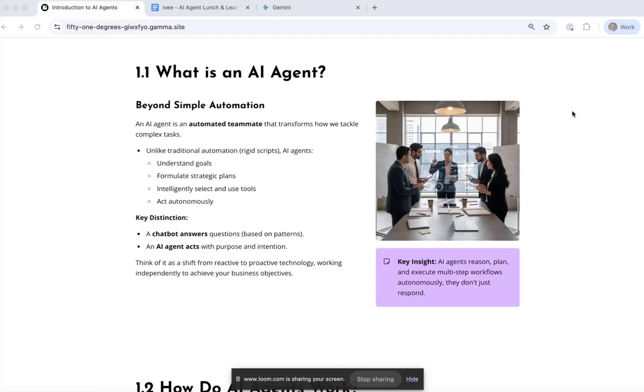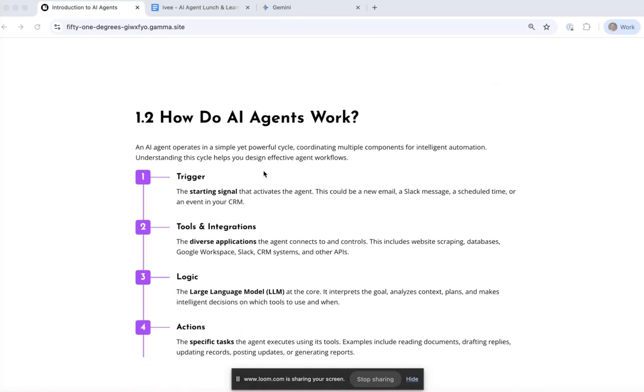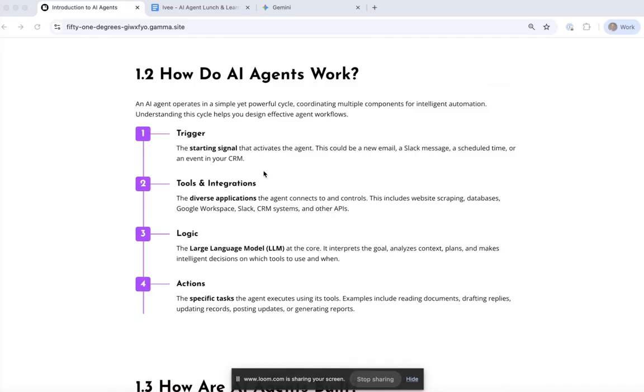And instead, it can bring together all sorts of different pieces of context, we call them, which are pieces of information. It might be connected to databases and other pieces of technology to do many pieces of work simultaneously, as opposed to that just sort of simple to and fro that you have with a chatbot. So how do they work specifically? Well, I always think of them in a simple sort of flow diagram.